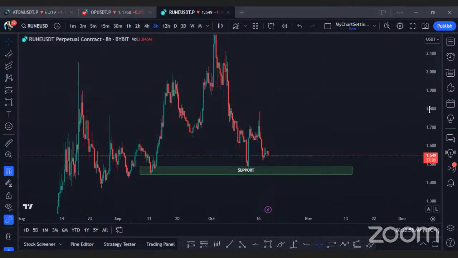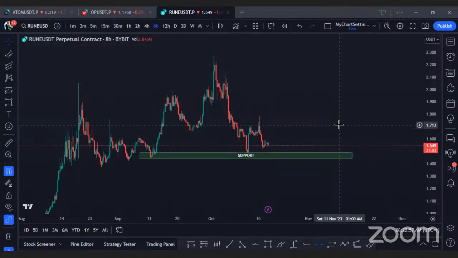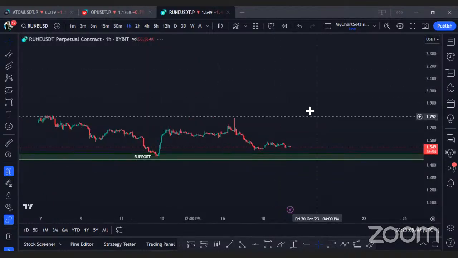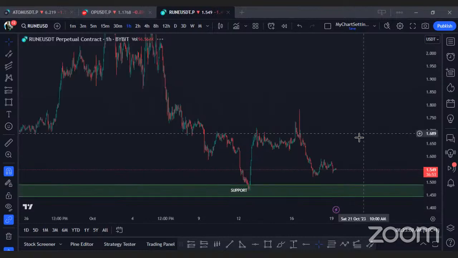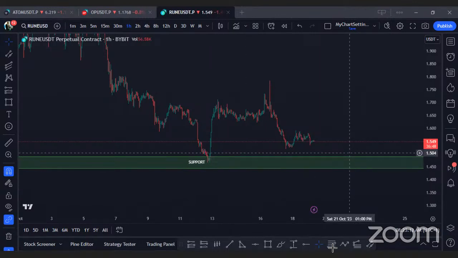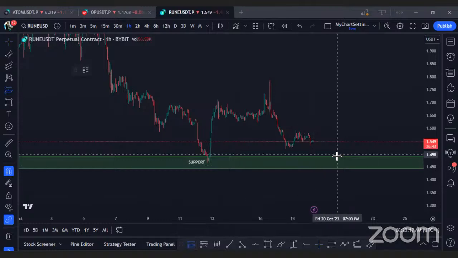So let me go to my 1 hour time frame. That's where I'll get a good entry for this. Yeah, so that's basically what I'm looking at. Let's wait for it to come down to this area, right? We want to see that rejection there. So I'm equally going to take a long trade, I'm setting a limit order for that, and then I will